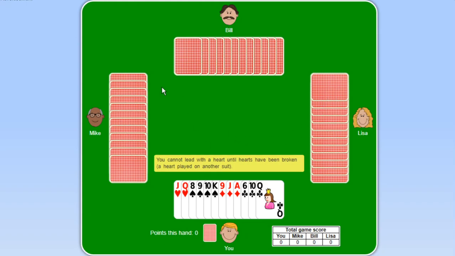So if I play a spade here, and Mike doesn't have any spades, he can then play a heart and break the hearts. And that breaks the hearts for the rest of the game. That means anybody else can start the trick in the middle with hearts. And so I'm actually just going to start it off with,